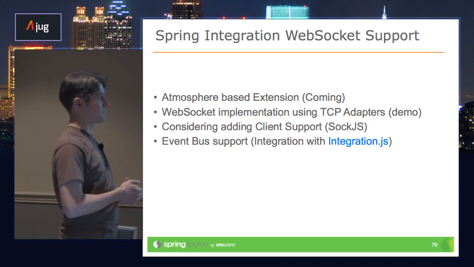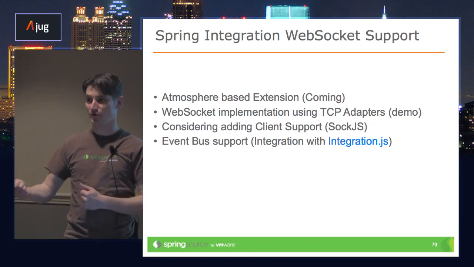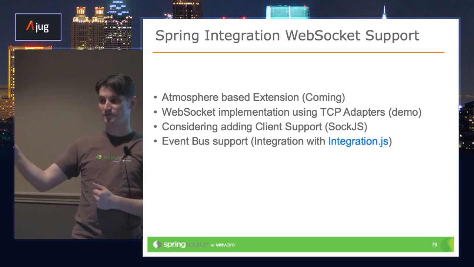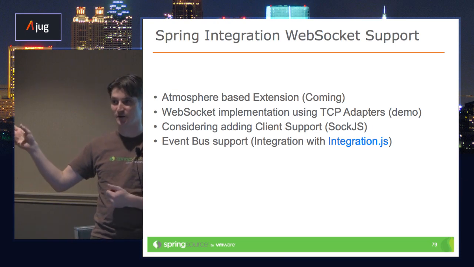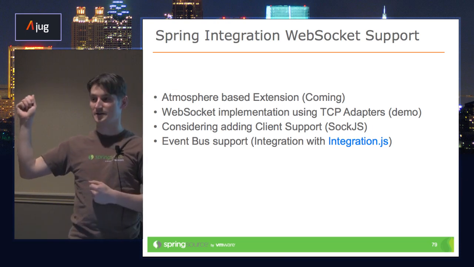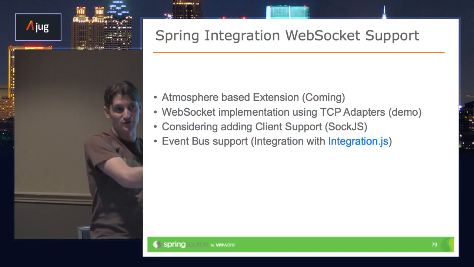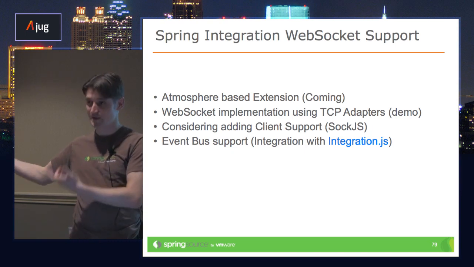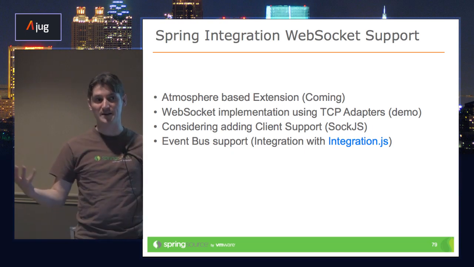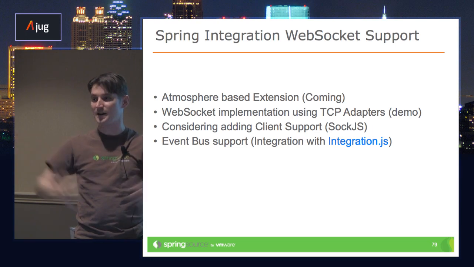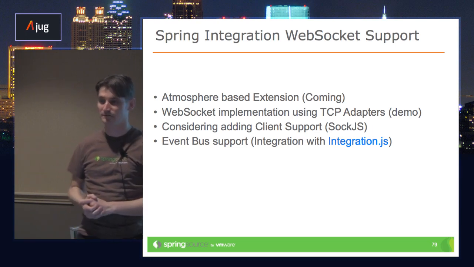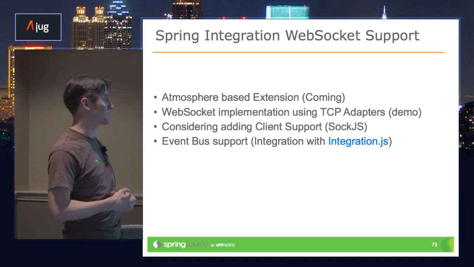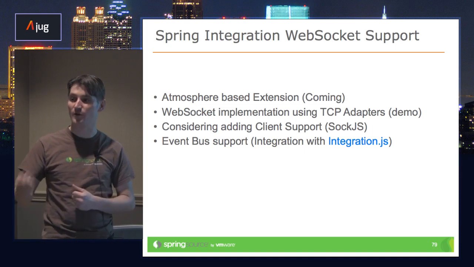Event bus support. That's something, for example, Vert.x has. In Vert.x, you can send messages to just an identifier string, like "my bus 123", and any connected client, be it on the JavaScript side or other connected Java clients or Vert.x clients, will get that message. So it's messaging across, down to your browser clients as well as other clients. That's something that really intrigued me on the Vert.x side.